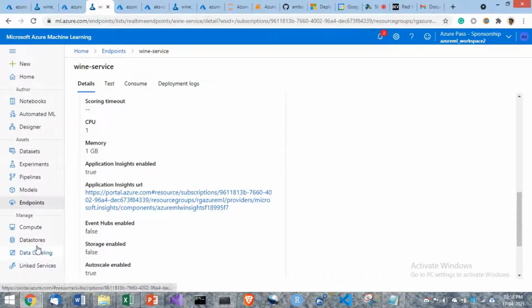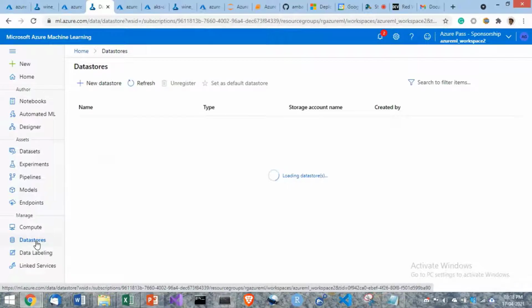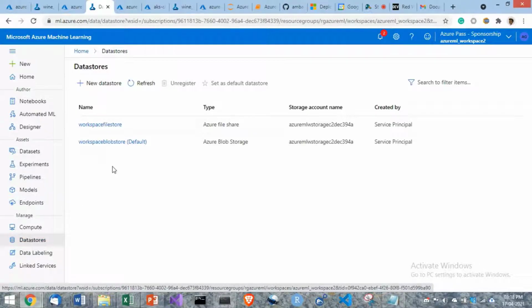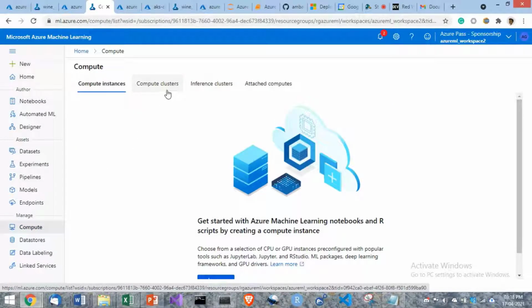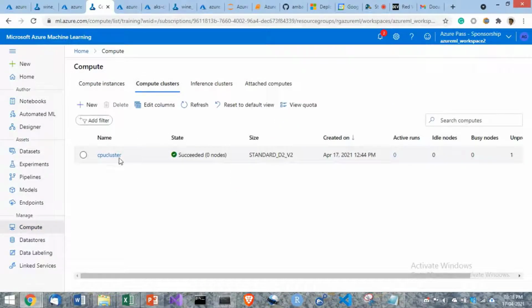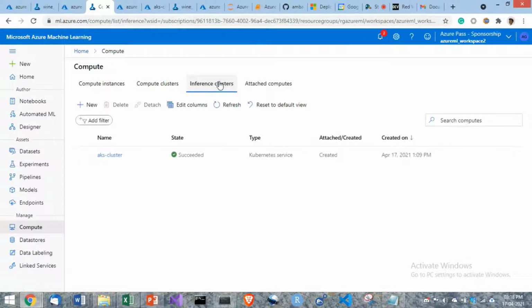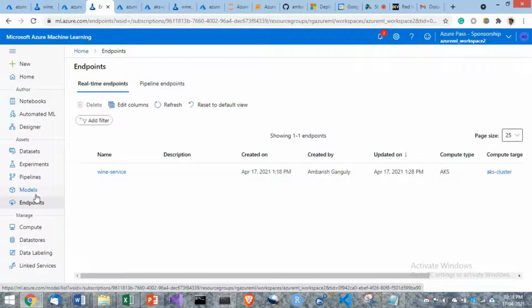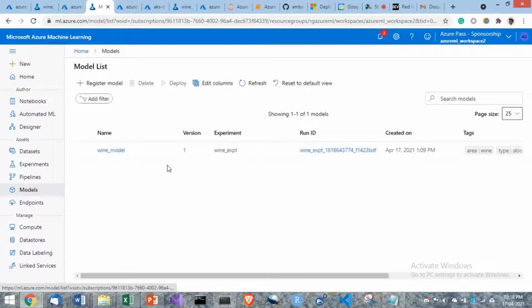The data store is here, the workspace, the compute cluster which was used for modeling, the inference cluster which was used for inferencing. You see the endpoints also which we have used, and the models which we have registered here.